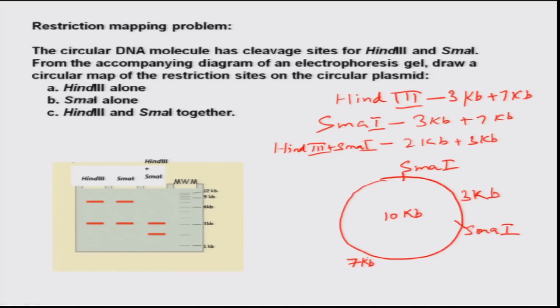Now if we look at the double digested products of HIN3 and SMA1, they yield a 2 kb and a 3 kb band, the total of which is not 10 kb. So that means that there should be two 2 kb and two 3 kb bands, which adds up to the sum of the vector, which is 10 kb. So drawing a HIN3 site over here, which would give a 2 kb band according to the double digestion of HIN3 and SMA1, and another site if we draw it over here,